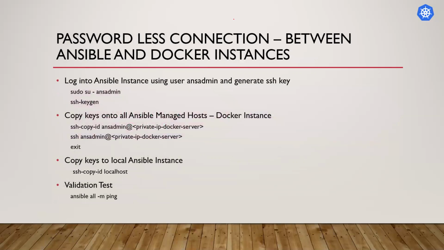And after that, we will create a password connection between the Ansible and Docker, because Ansible is a configuration management tool where you can push the details to other servers, to target system. Here we have only one target system, only one Docker instance. We can create multiple instances, and at the same time Ansible can push all these containers to all those servers. So for this, we need to do some configuration over here.